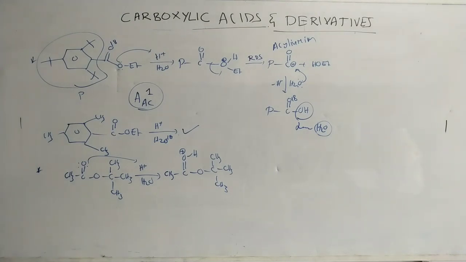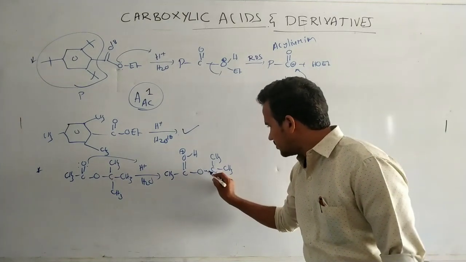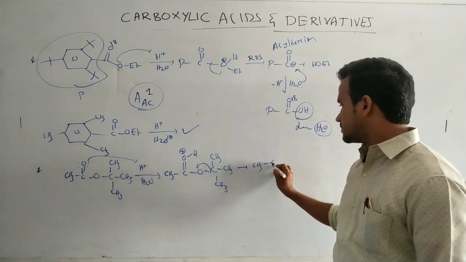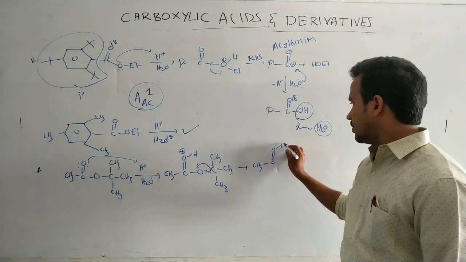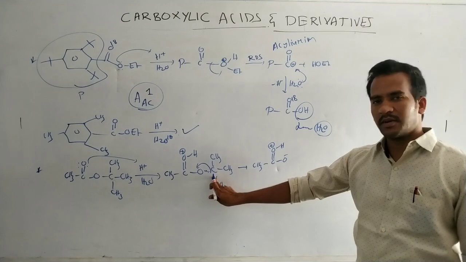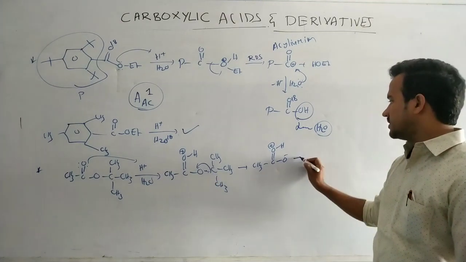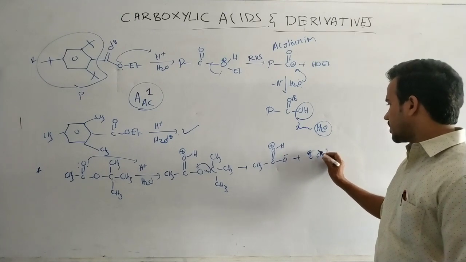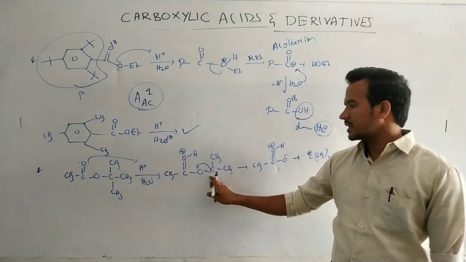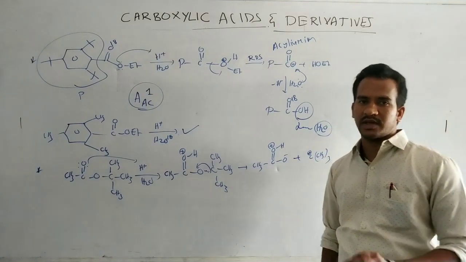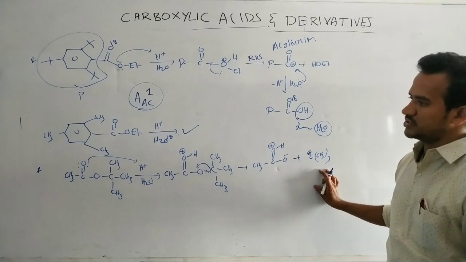How does this bond breaking take place? By the breaking of this bond, here CH3 COH plus and this one becomes an O minus. Now this carbon carries a positive charge. Generally here this tertiary carbocation is more stable. That's why alkyl oxygen bond breaking takes place, because the tertiary carbocation is more stable.